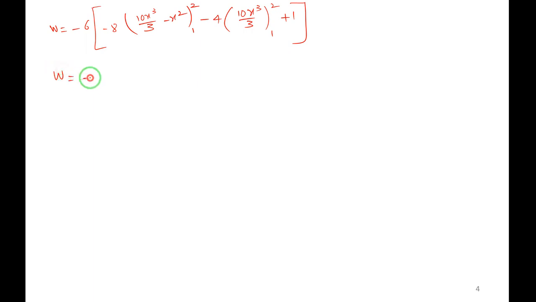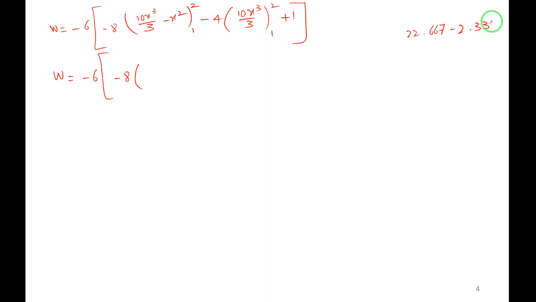W is equal to minus 6 into minus 8. So I'll make this as an equation in the calculator, and I'll substitute upper limit minus lower limit, and I'll check how much I'll be getting. Right, so I'm making the equation in the calculator. 10 alpha a cube divided by 3 minus alpha a square. Instead of x I am taking a here for calculation. So calculate, upper limit is 2, I am substituting, I am getting 22.667. Lower limit is 1, I am substituting now, calculate, so I am getting